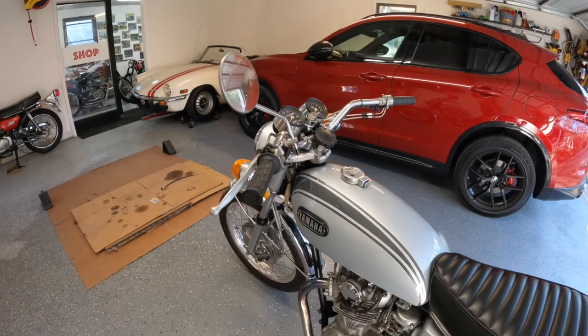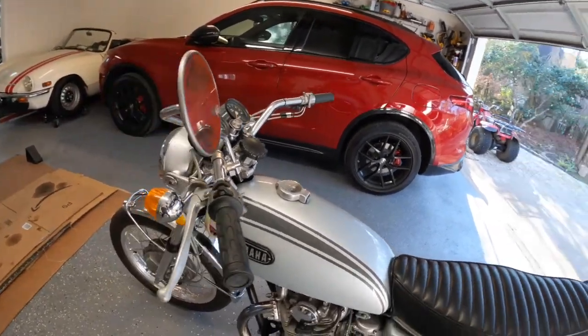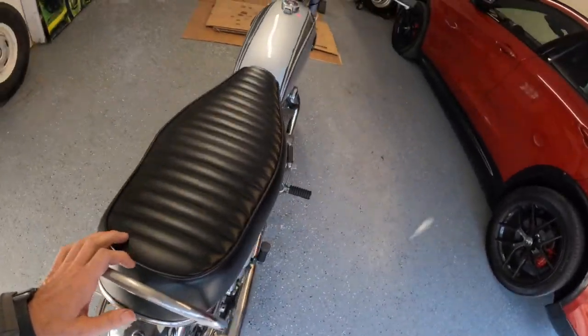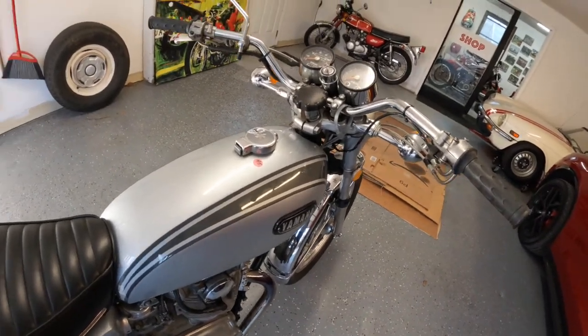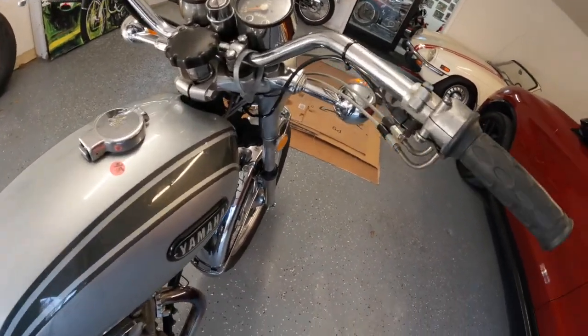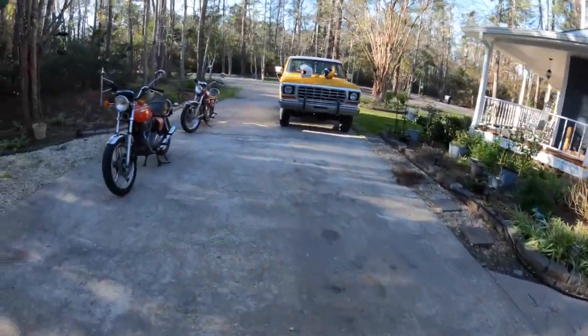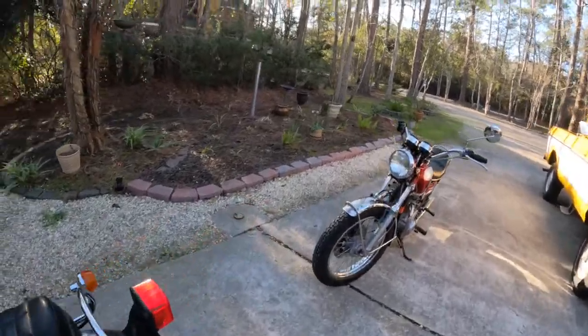Like I said before, this is a kickstart only. I'm not 100% sure if this bike came with an option. I don't know if the XS1 and 1B came with a kickstart, I mean, with an electric start. But I'll show you, just for reference, on this XS2, which I think is really cool,